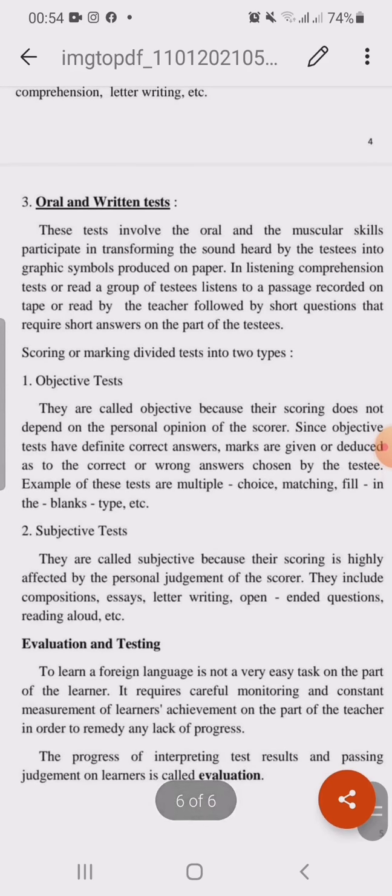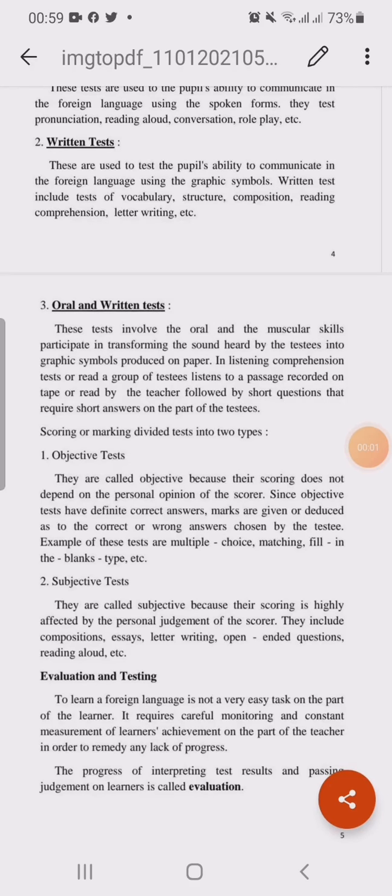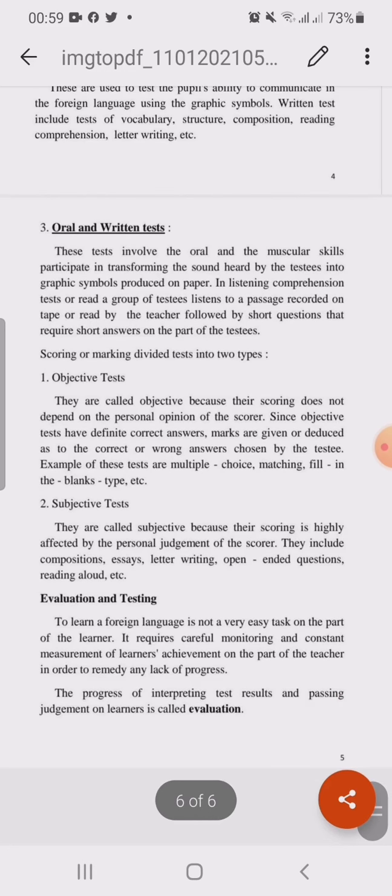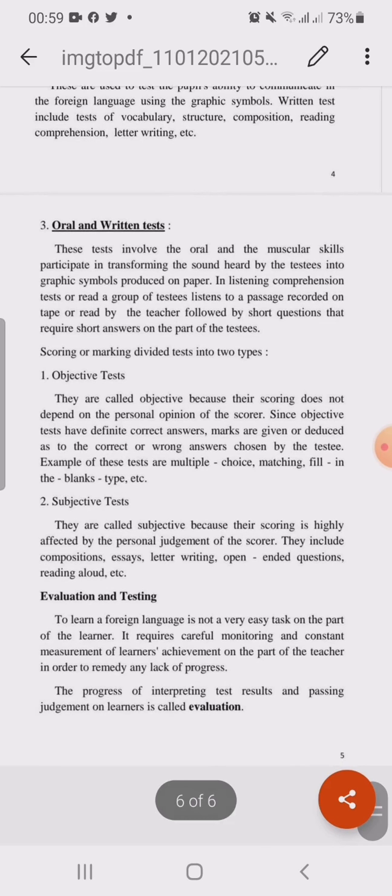Oral and written tests. Number 3. These tests involve the oral and the muscular skills, participating in transforming the sounds heard by the testees into graphic symbols, written on paper. In listening comprehension